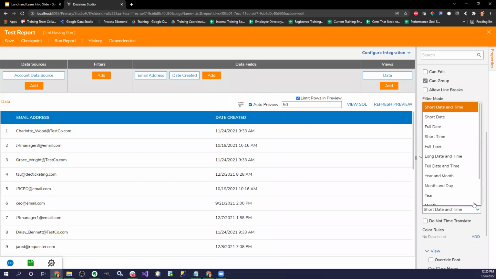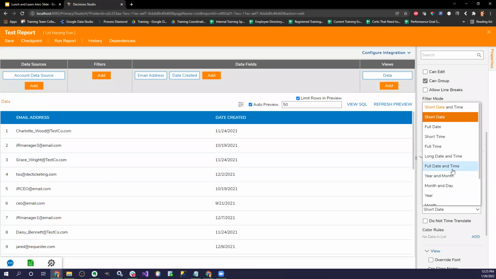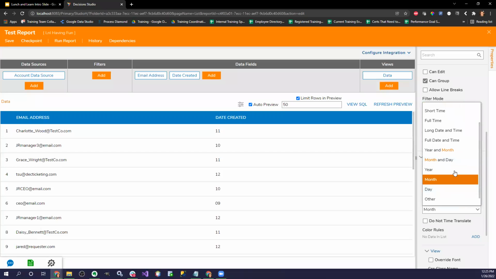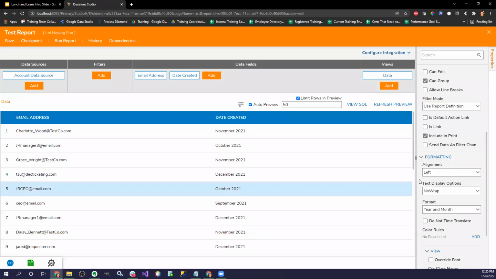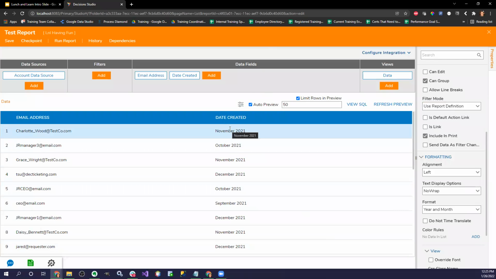So many times we want the short date time because it's nice and neat and organized. But many times we want to see like the full month. And I believe you can grab, yep, you can grab the month exactly, or I think it's the month and year, so that you can have the month and then the date associated with that, or the year and the month associated with it, but it's not the kind of number month. It's the actual, like, here is November, here's October, December, and all that fun stuff.